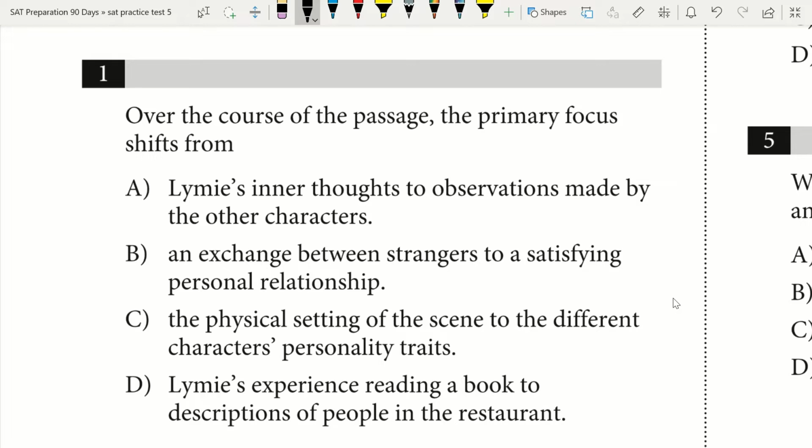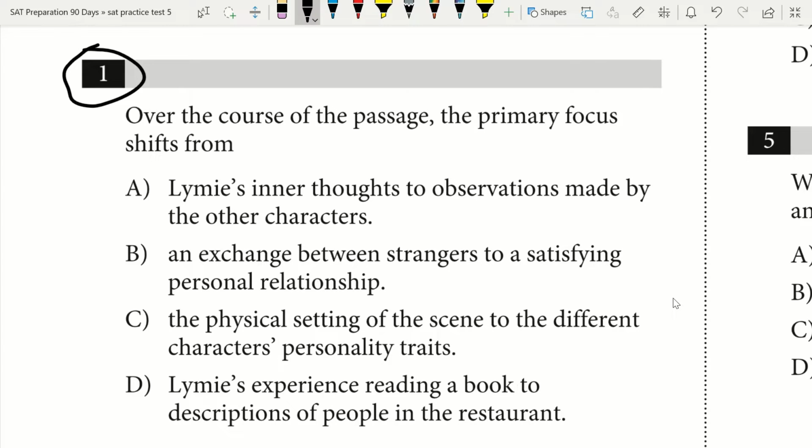Today I have an SAT reading tip and trick for you that deals with shifting focus over the course of a passage. So to illustrate this tip and trick, I'm going to use questions 1 and question 32 from SAT Practice Test 5. So question 1 comes from a passage describing a young boy's dining experience as he reads a